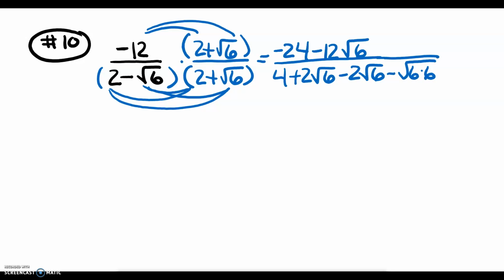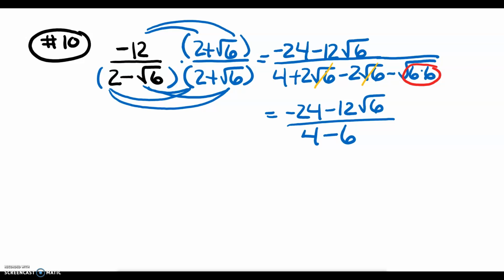I notice in my numerator there is nothing to reduce. But in my denominator, I notice these terms reduce out, and they should always reduce out. And I have a group of 2 6's in my last term. So I get 4 minus 6. So now I have negative 24 minus 12 radical 6 over 4 minus 6, which is a minus 2. So I notice that all of my numbers, negative